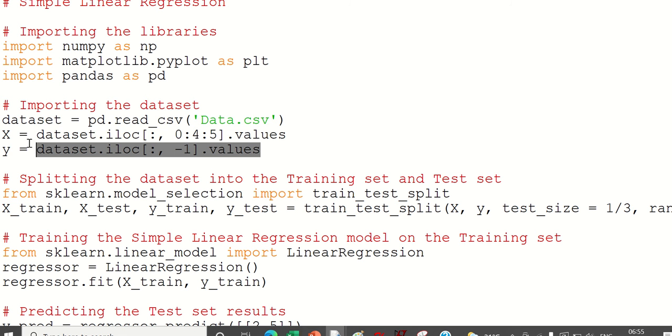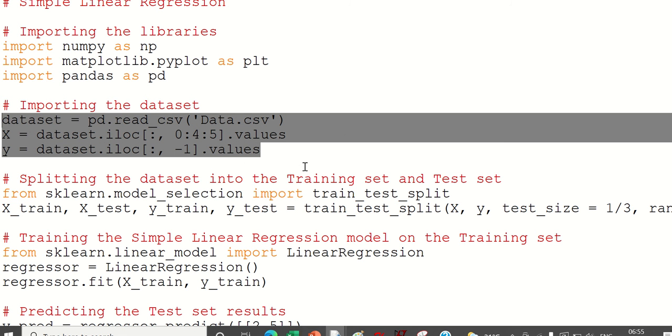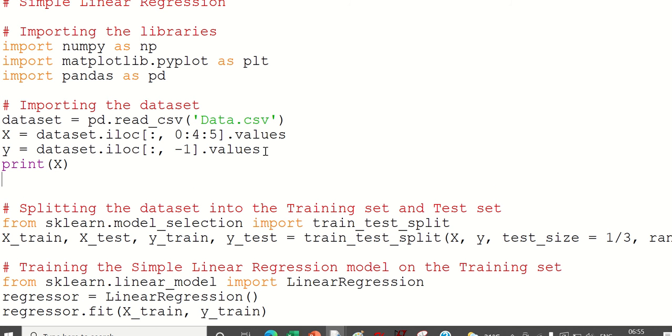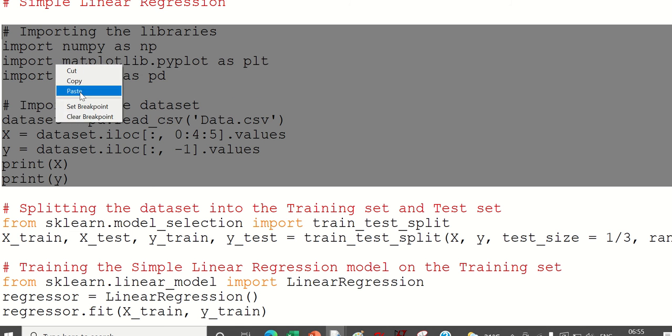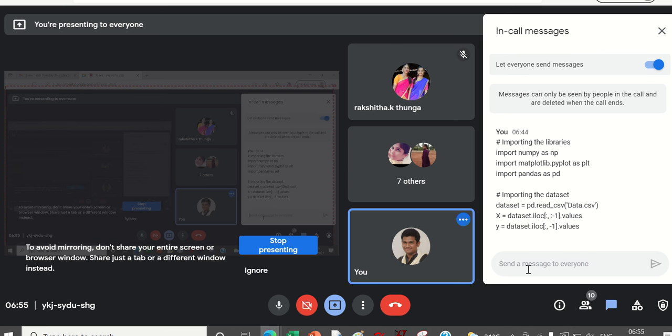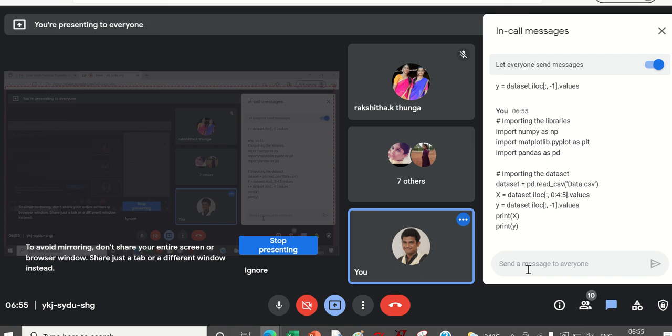So now you just try to run this and see print x and print y. After doing this, you do print x and you do print y. Okay, try this now.